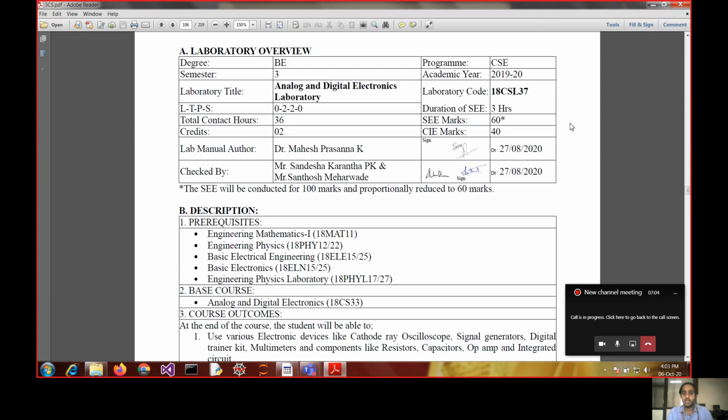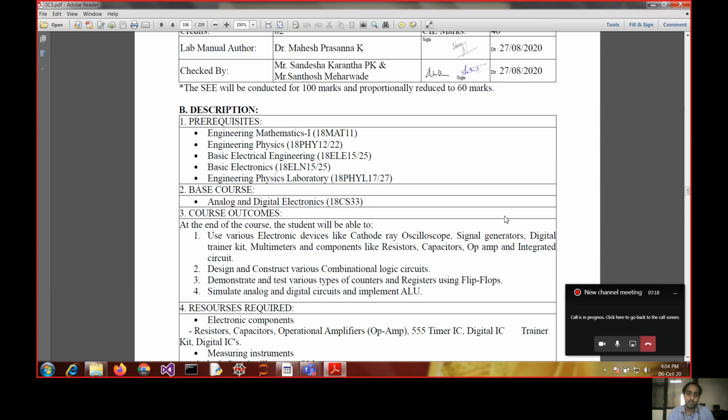As you know, we have already gone through the theory part of analog and digital electronics lab theory, in which the laboratory code will be 18 CSL 37. In this lab,